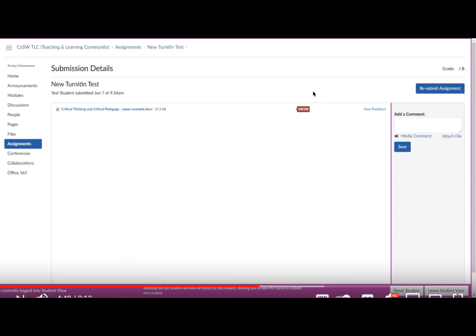But the higher it goes, the more it shows that you're using information directly from a dictionary or the internet or something else like that. So the higher that number gets, the worse it is, okay? So you want to keep that number as low as possible. All right, so that's submitting the assignment. You can resubmit the assignment